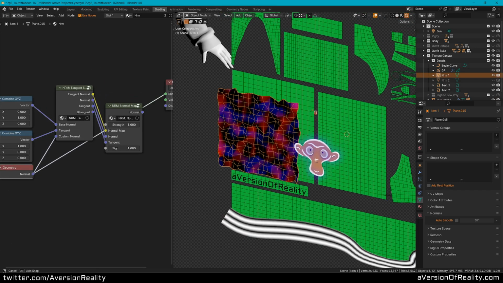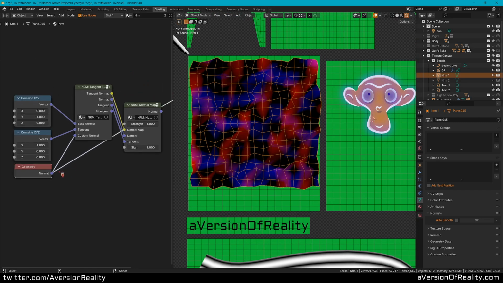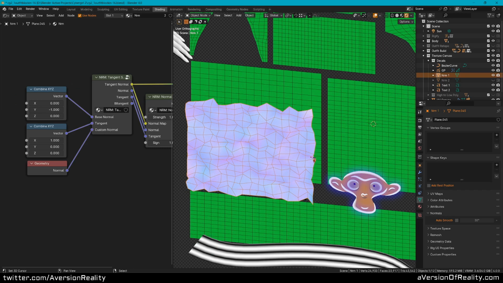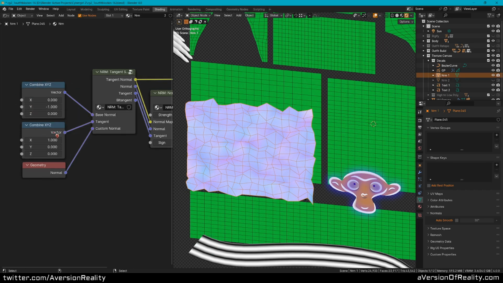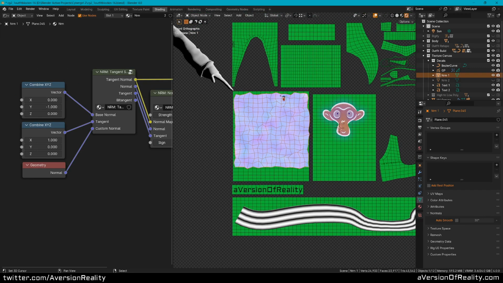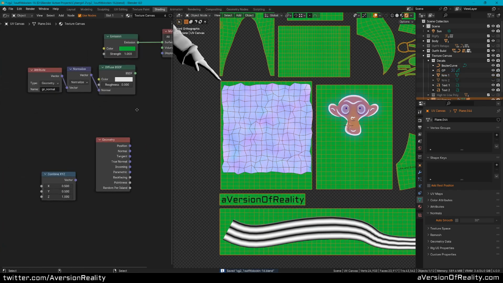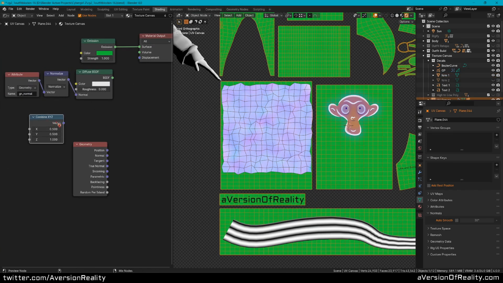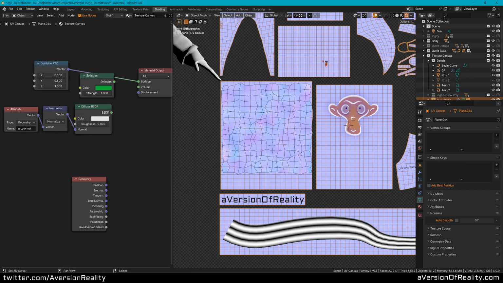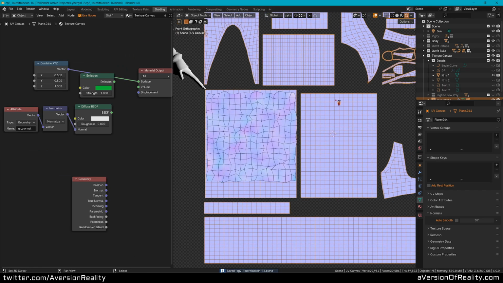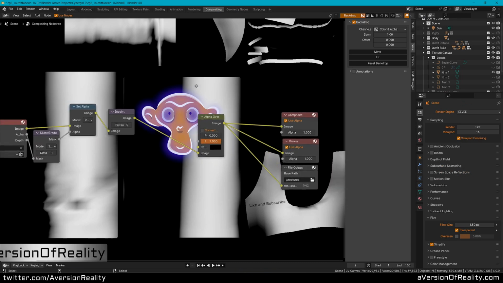So what we've got here is a crumpled plane, since this is just an example. There's just regular normals. Now we get the tangent normal difference of it and a flat plane, which is just a normal of y, and a tangent of 1 on x, which is that direction. And now we can render bake this, but we're going to need to make some adjustments to the rest of the material, or this won't look very good. Like, let's set the color of everything else to this, and let's hide all of our other decals. And also in compositing, I'm going to make a few changes.